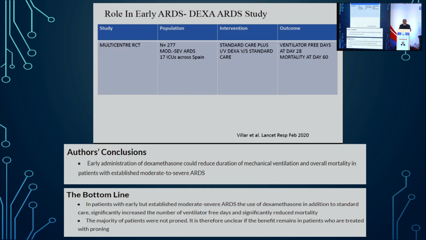And this was the DEXA-ARDS study, 277 patients, standard care in one group compared with IV dexamethasone in another arm of the study. And they looked at the mortality and ventilator-free days. And the authors concluded that early administration of dexamethasone could reduce duration of mechanical ventilation and overall mortality in patients with moderate to severe ARDS. But again, it has to be early ARDS. So many of us working in tertiary care hospitals, the patients come pretty late to us,